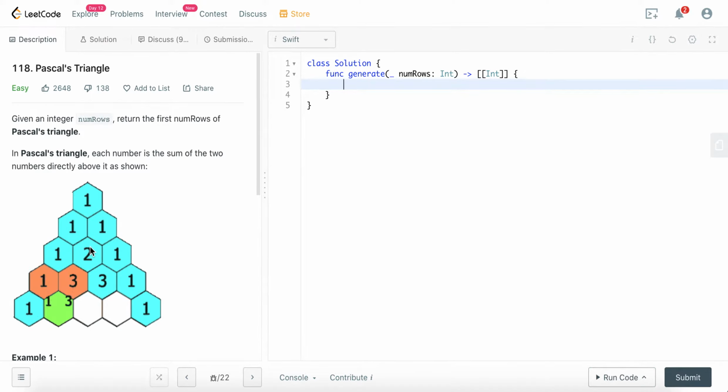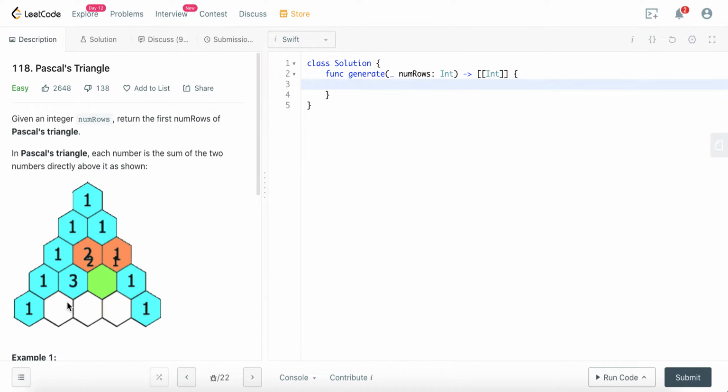requirement, right? What we can see from this animation diagram here is that in the Pascal's triangle, each row has number 1 at the beginning and starting index, right? 1, 1, 1, 1, 1, 1 and 1, 1 and 1. So we know that the starting and the ending index of each row has to be 1, right? And everything else in between is basically the sum of the previous row's number, two numbers from the previous row,